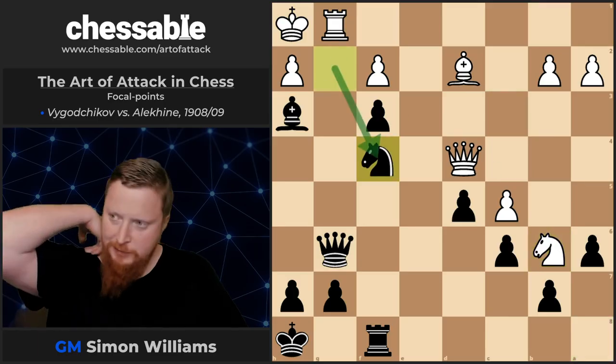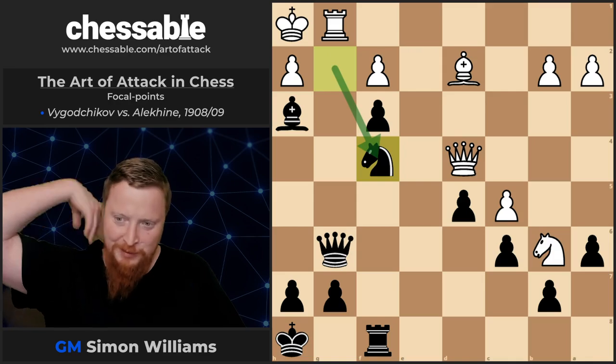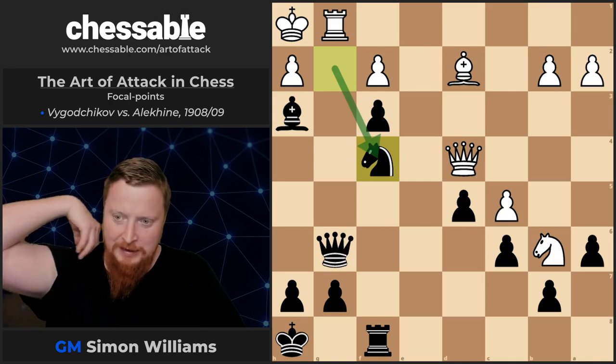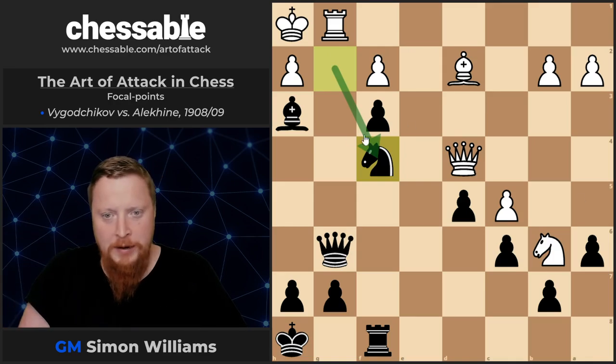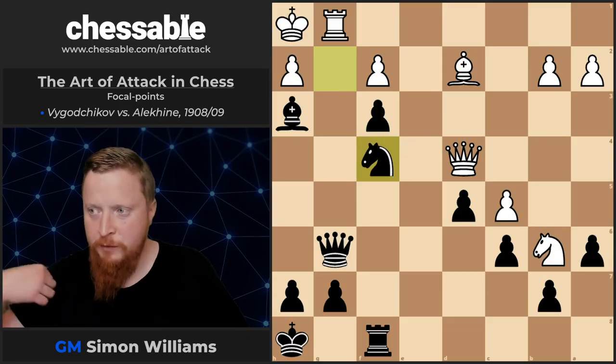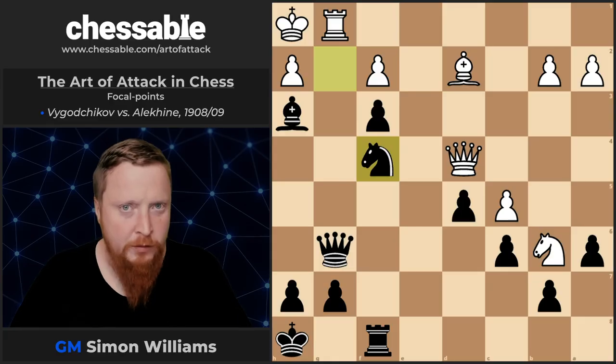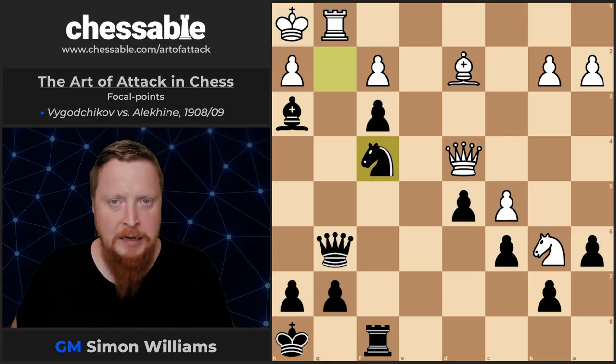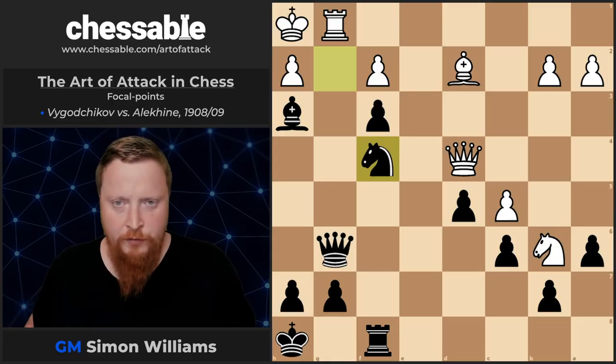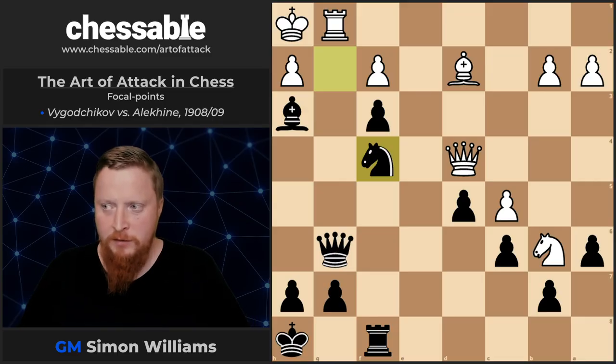I mean, it's nice to see some flash moves at times, isn't it? And, well, okay, he's not going to get checkmate through this, but this is the next thing we talked about. If your attack develops into a big material gain, then that is also good enough for victory. It doesn't have to always be checkmate, does it? It can be big